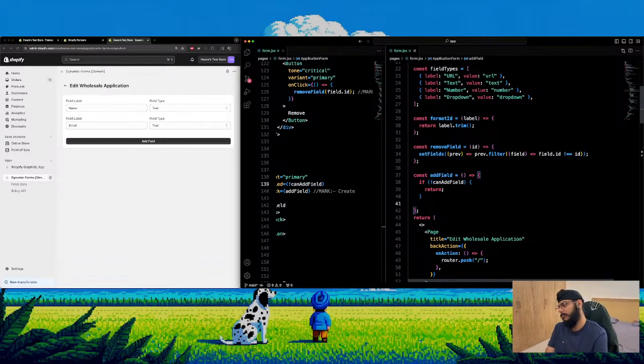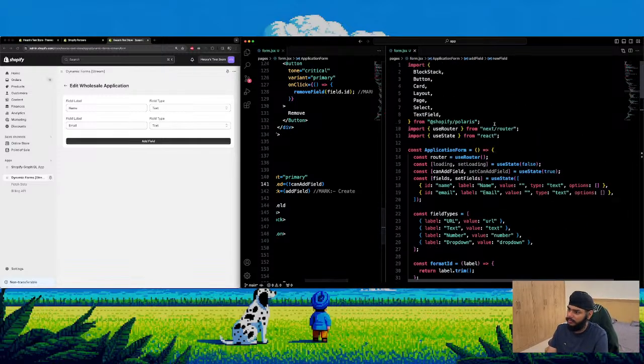So if you technically cannot add field, even though I've disabled it, in the event something fails, it's still good to have that. But if a new field is being created,